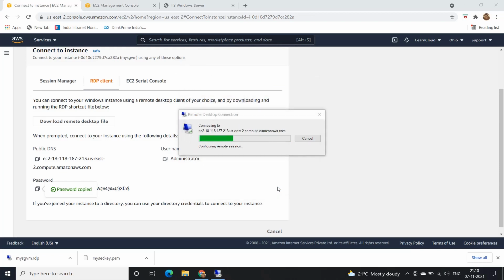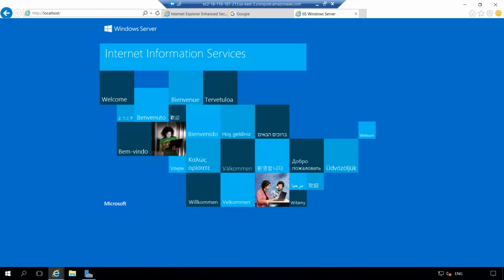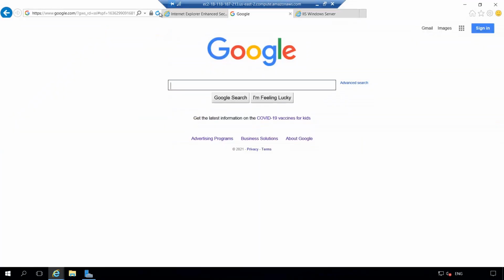And this time if I try to access google.com, I won't be able to. Let me hit refresh. As you can see, it's waiting for google.com, and after some time it will show that it's not able to access.